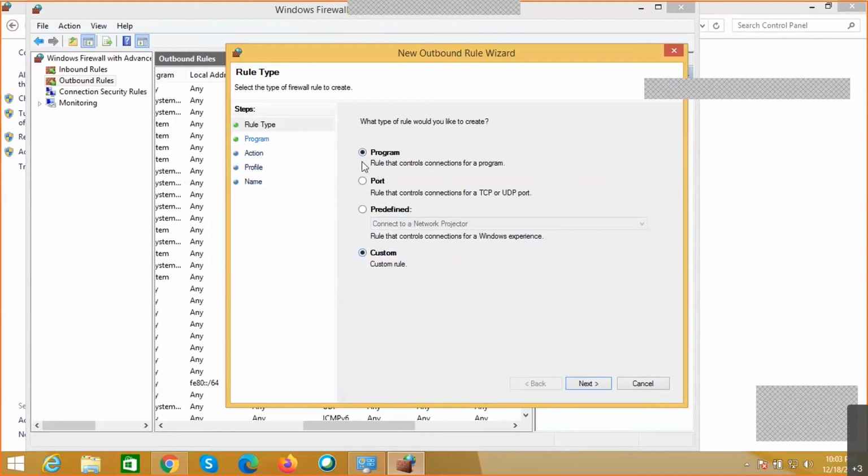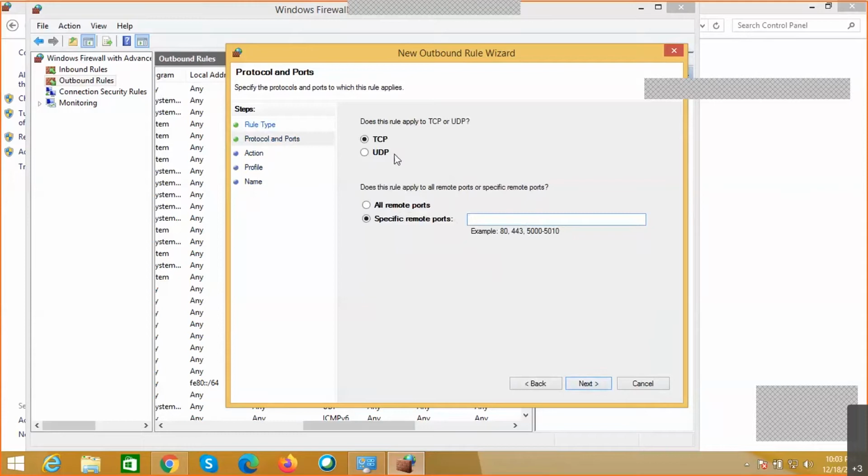Okay, now let's say we are trying to go for a particular port. Again, we can define here what kind of transport layer protocol it is using, whether it is TCP or UDP, and what is the port that we need to take an action. Whether all the remote ports that belong to this particular transport layer or only a specific protocol.